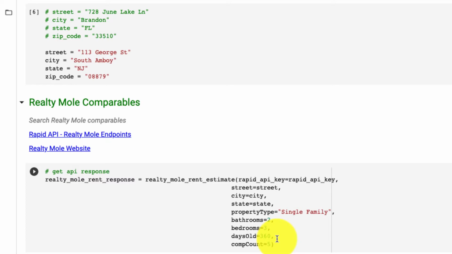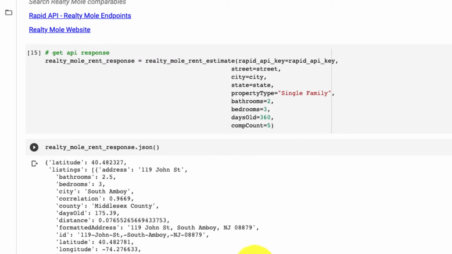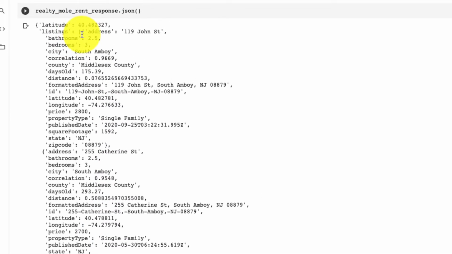I did select 360 for days out, so I could also get a flavor of rental properties that sold in the same time period, which is in March of 2020. So once we run this, we do get a response, which is the same response as we saw in the example for the API. We are able to get a set of listings, 5 in this case, where we have information of the property itself, the distance away from our subject property, as well as the rental price and a